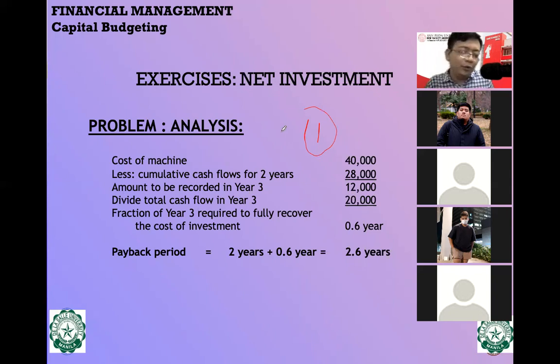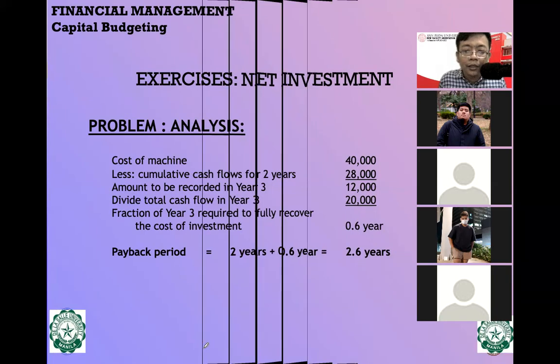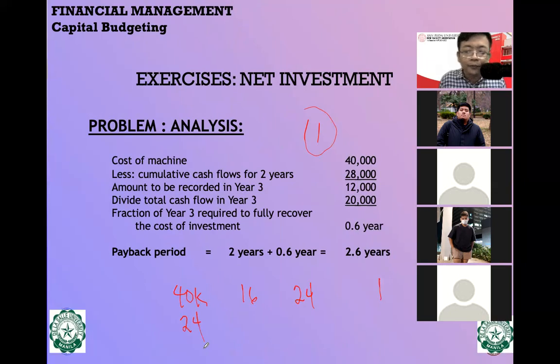Pero ako hindi. Gusto ko mas maganda yung, yung 40, diba? Yung 40. Tapos, okay, sige, gawin natin ha. Magkano yun? 40, tapos 16. Diba? Magkano yung balance na? 40 minus 16. You have 24. Ayan. So, another 1 year to. So, not 24. May 12, diba? Magkano yung balance? 12. So, 1 pa, no?